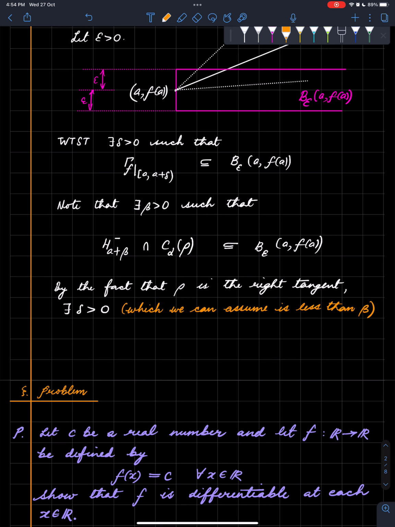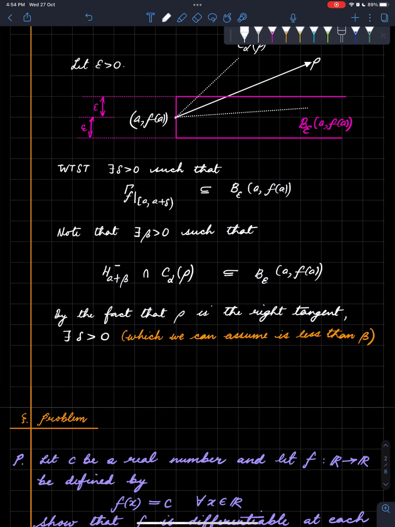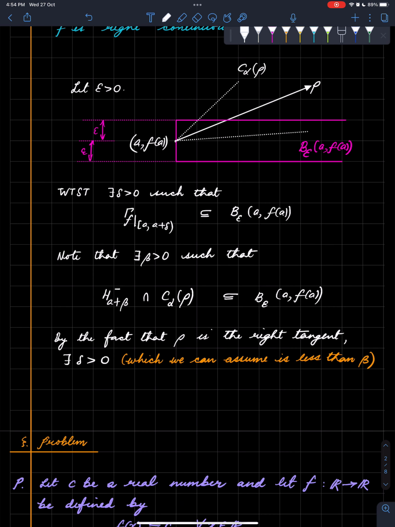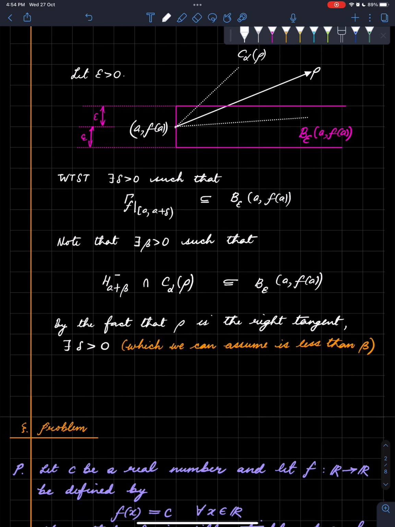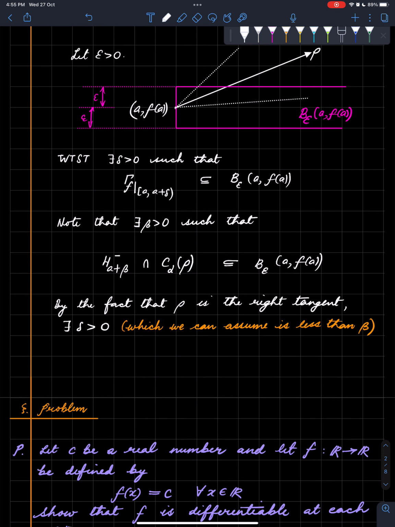Everything else that I said is exactly the same except for that little adjustment of a plus beta rather than beta. So there is delta greater than 0, which we can assume is less than beta, such that